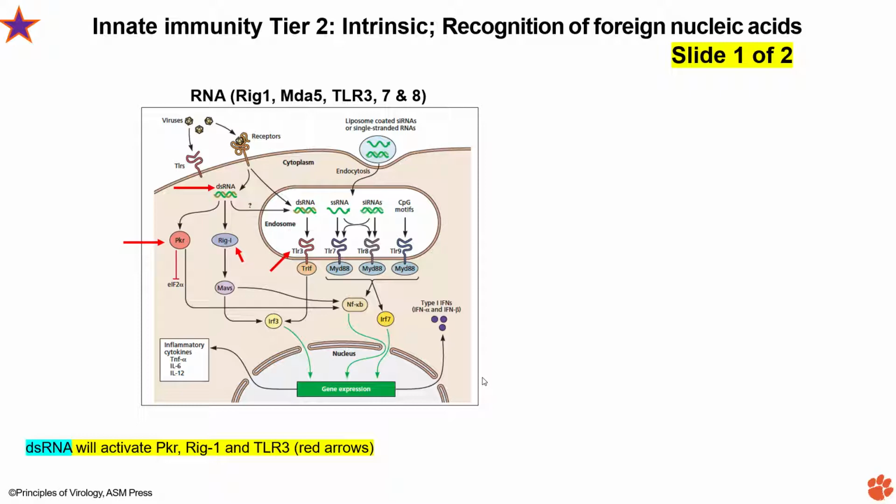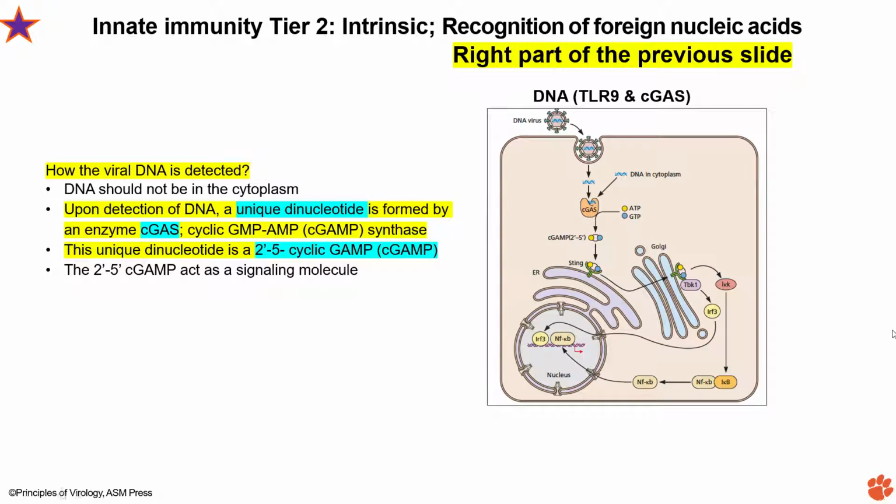All right. So after that, you have another question: how is the viral DNA detected? The first thing is that DNA is in the cytoplasm, which it should not be. That's the most important part. And upon detection of DNA, a unique dinucleotide is formed by an enzyme known as cGAS. This is cyclic GMP-AMP synthase, or cGAMP synthase, which is in short called cGAS. And this cGAS produces this unique molecule, which is a 2',5'